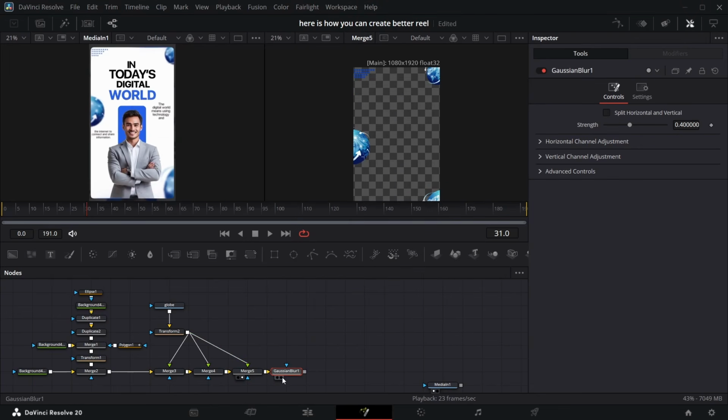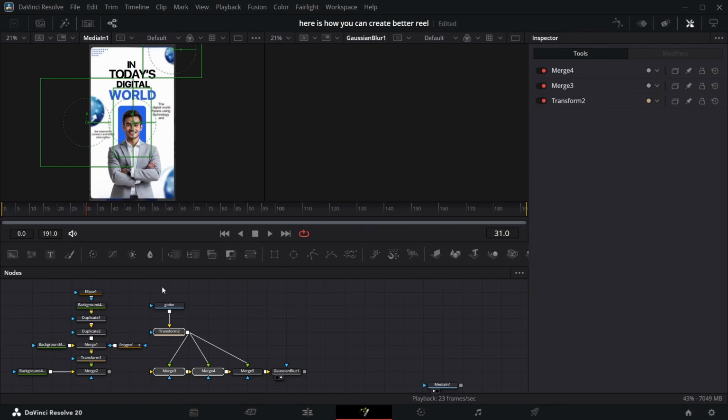Make sure we are looking at the Gaussian blur. So it kind of blurs everything out. I'm just going to reduce the blur size a little bit. Oh, let's not add it to this one. I'm just going to take this one up